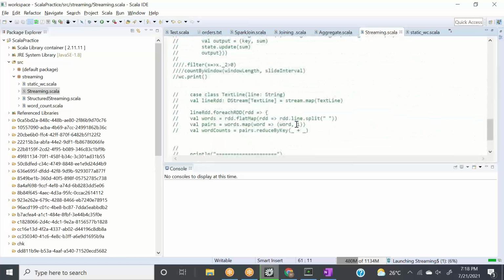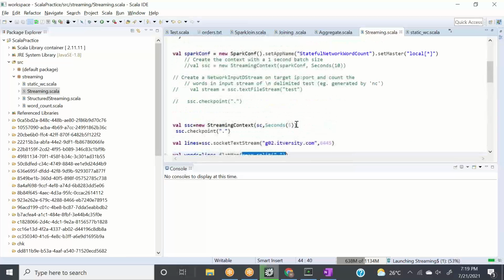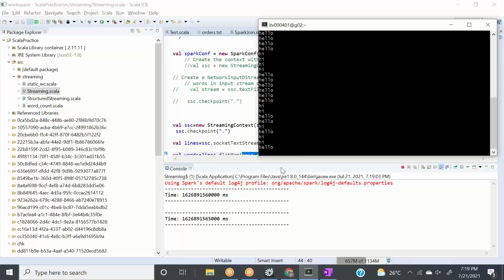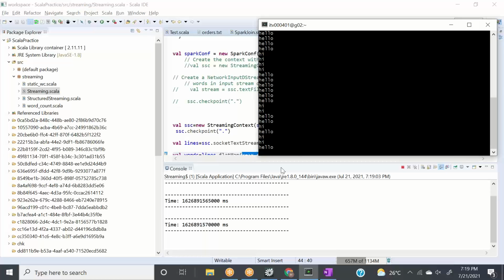Ideally, everything is commented perfectly. And now let's go here. It is running, and we will give it some words. Just 1 second, right? So what it is doing right now is creating the first batch. The first window is 15 seconds, so it will wait for 15 seconds. When I started the program, it waited for 15 seconds to start this, right? And every 5 seconds now, it is sliding the window. So it waited for 15 seconds to start the first window, and then every 5 seconds it is creating a new window. Okay. So now let's give some input here.